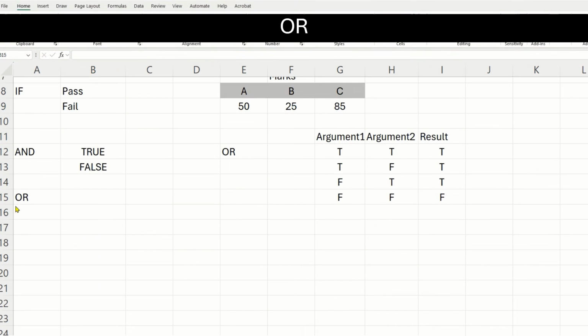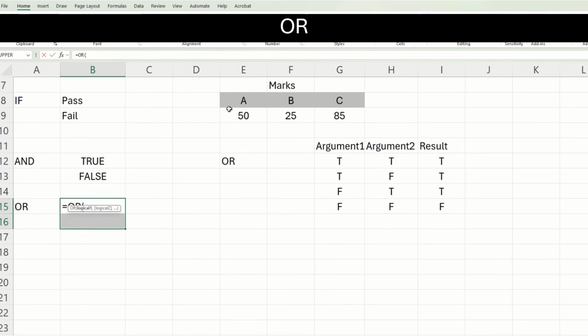Now let us check the OR function. The logic of OR is that if both the arguments are true or if any one of them is true, then the result that is returned is true. Only when both the arguments return false, your result will be false. So let us try one. I put a condition on my marks table that the value in this cell